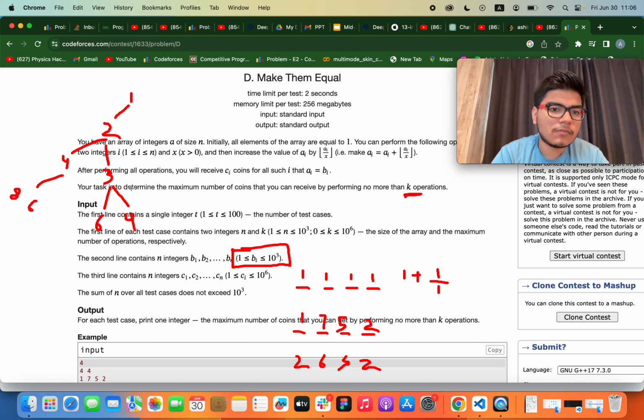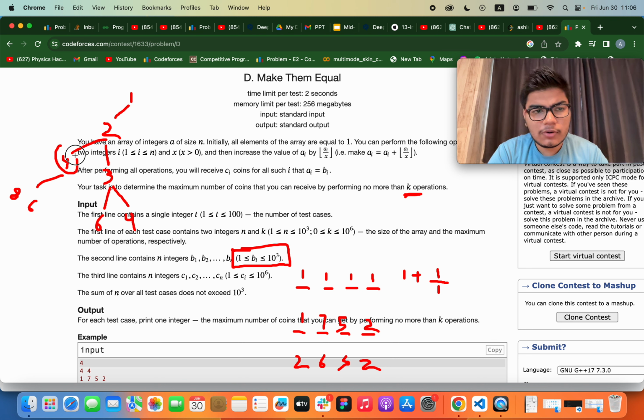But see, here we are only reaching 4 in 2 operations, so we will not take this. So we will store it, like we will store the number of operations for 4 as 2. So we can run DFS for calculating this, there is no big issue. But the main problem is that we have to think